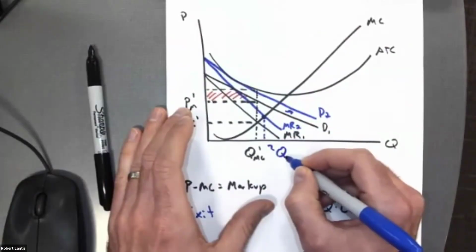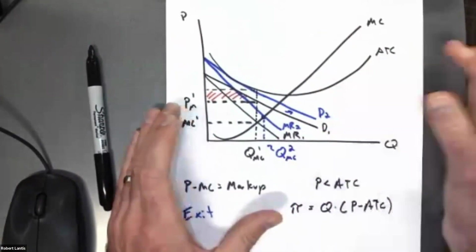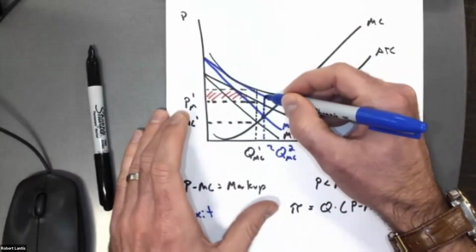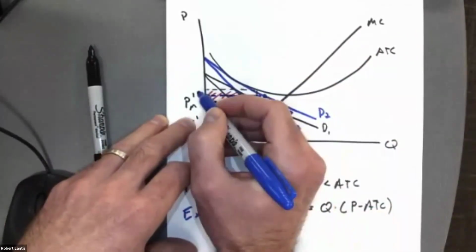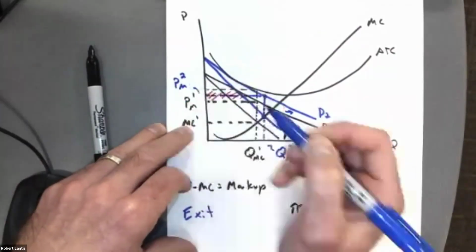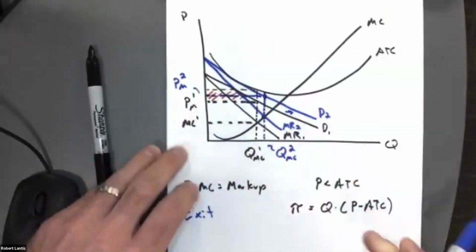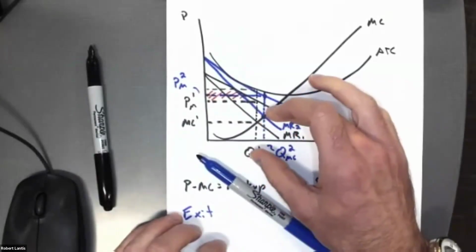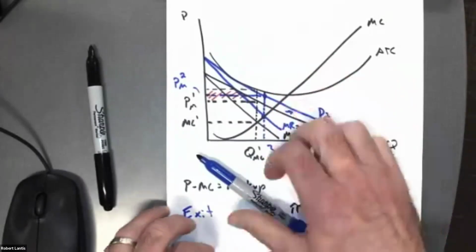All right, and I think I drew this a little extreme, but I think it's good. So they choose a higher quantity, right? They're facing more of the overall market demand. There's fewer firms, it's kind of splitting it. They go up to their demand curve, right? So their price is going to be higher. And notice that gap in between price and average total cost, it's getting smaller and smaller, right? So as firms exit this market, each existing firm that doesn't leave gets a higher portion of demand, raising up their demand curve. This will continue